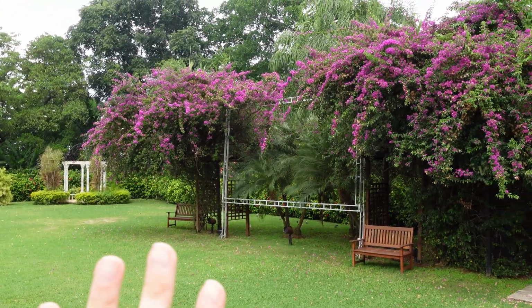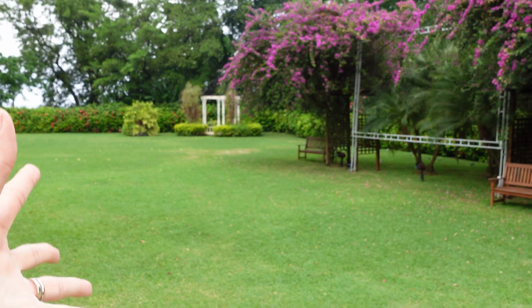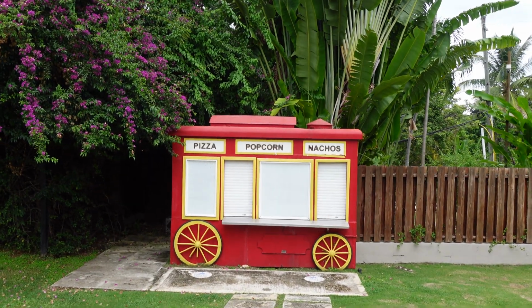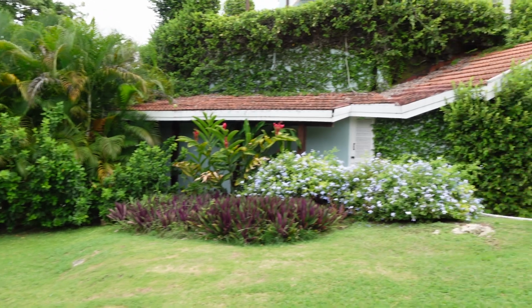Okay, we barely have even seen the resort, and I know this is gonna be my favorite spot. They do movie nights out here. You can see where the screen goes, and they put out bean bags in the lawn. But you can't have a movie without popcorn. They have a popcorn stand here,